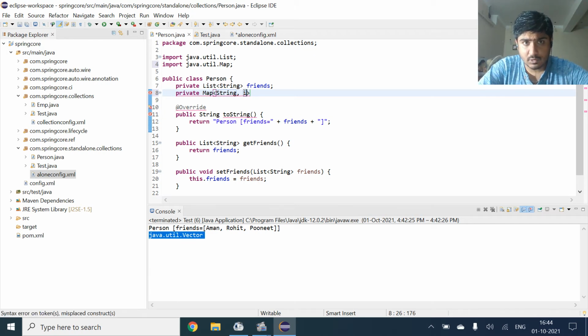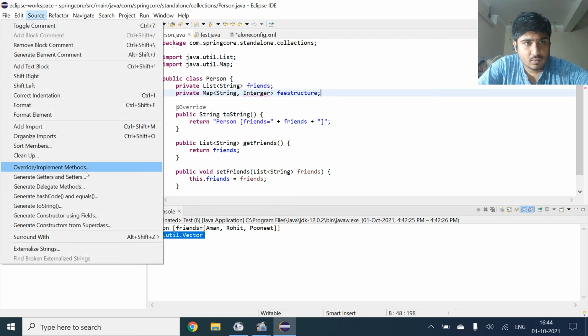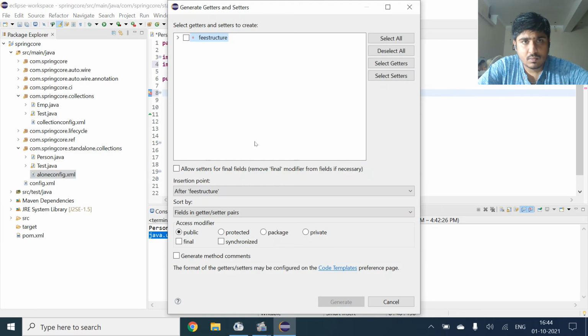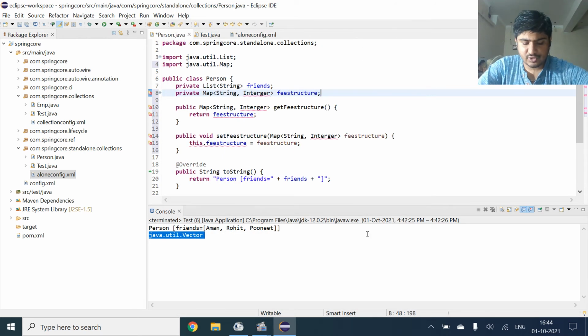After this integer, we will give the fee structure. So now we will create getters and setters here. We can generate the toString method also, but if we don't want to use that, it's fine. No issues for that.